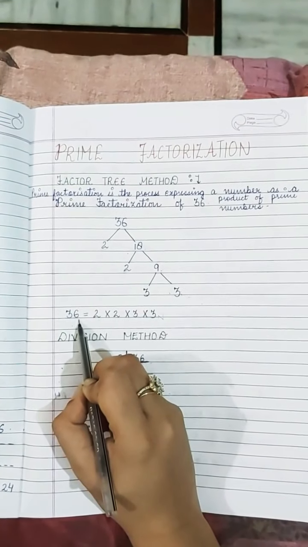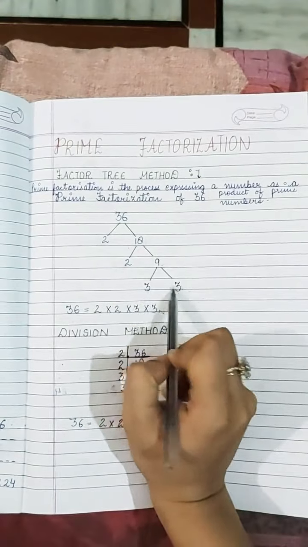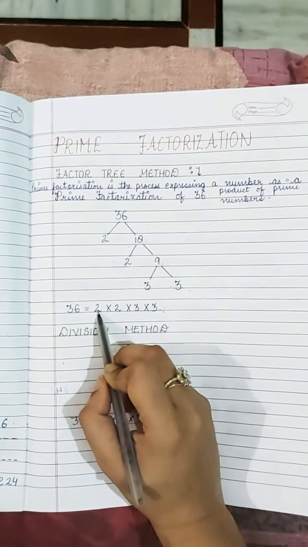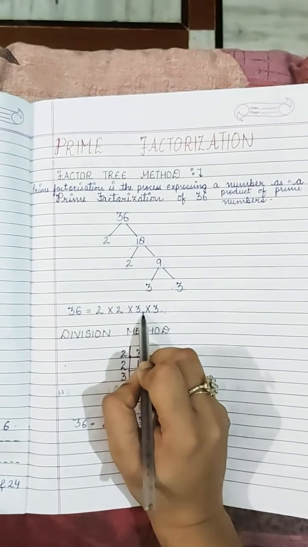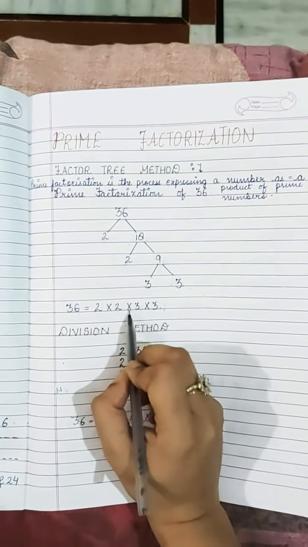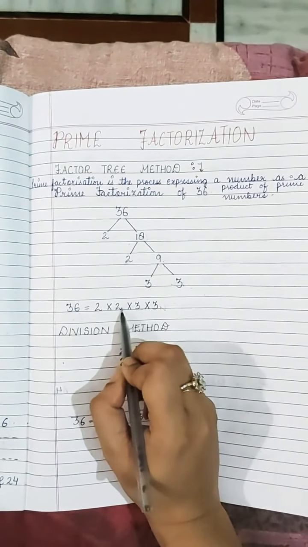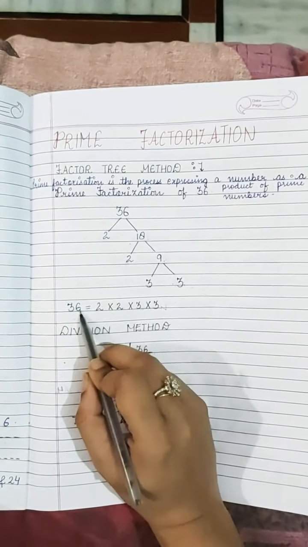As the product of prime numbers. So here are the numbers 2, 2, 3, 3. These are all prime numbers. So 2 into 2 into 3 into 3. We have written these numbers 2, 2, 3, 3 as the product, and these are all prime numbers. So see here, 2 2s are 4, 4 3s are 12, 12 3s are 36.